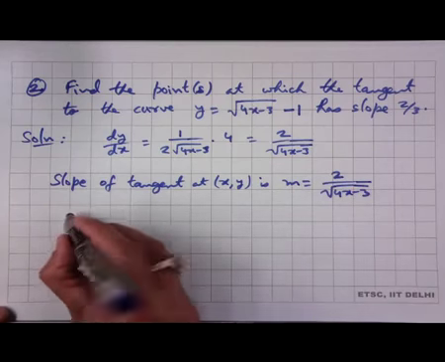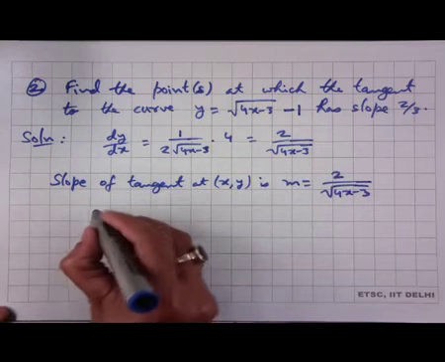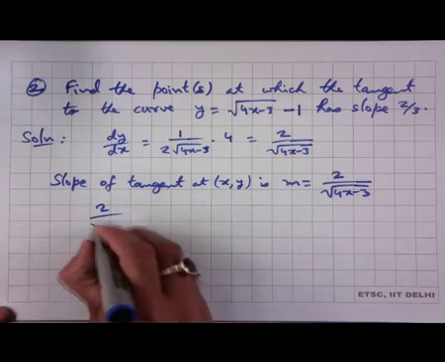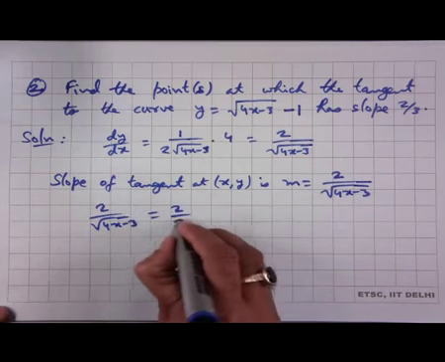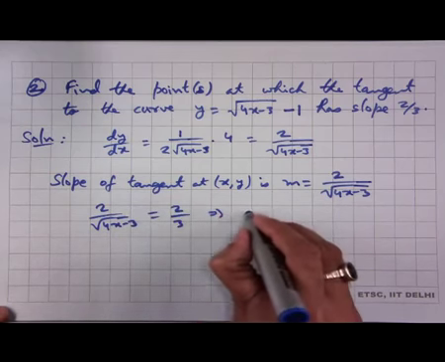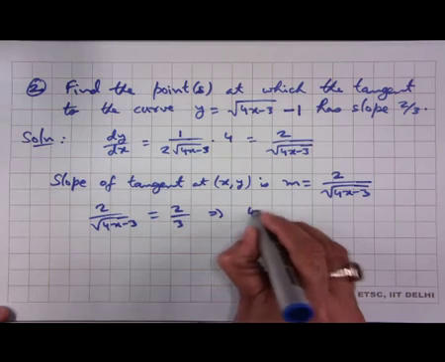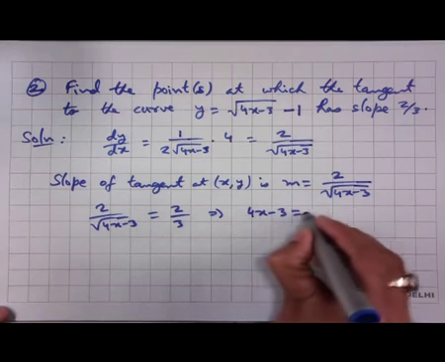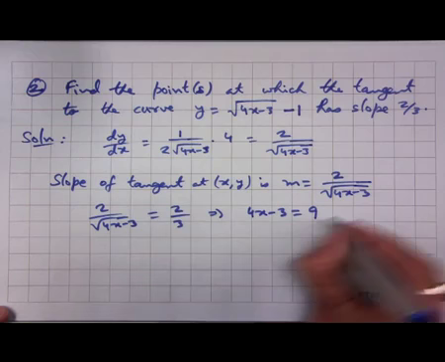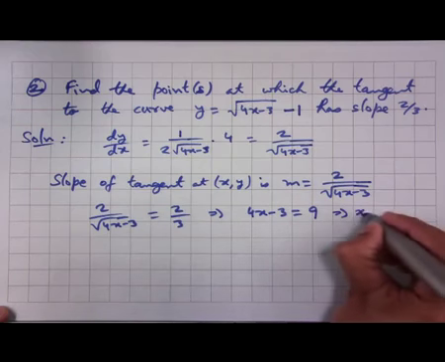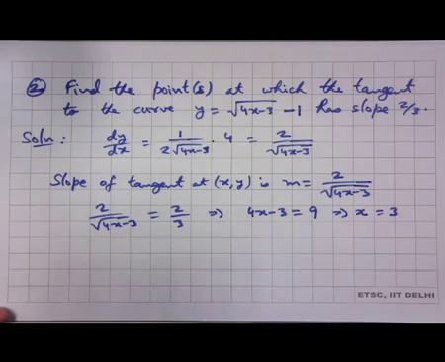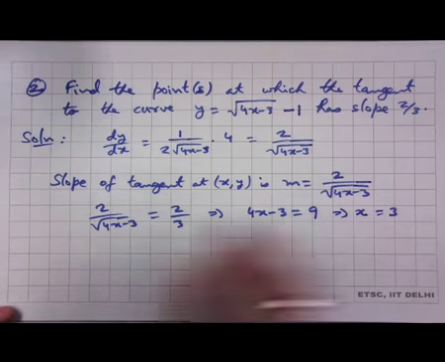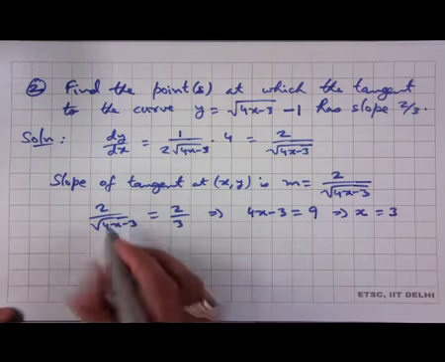So, therefore, we have to solve 2 by square root 4x minus 3 is equal to 2/3. This implies 4x minus 3 should be equal to 9, and that means x is equal to 12 by 4. So, x is 3. So, we get only one value of x satisfying this slope is 2/3,